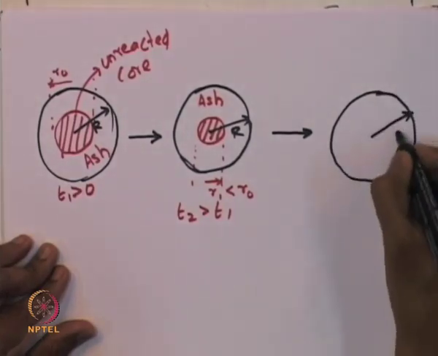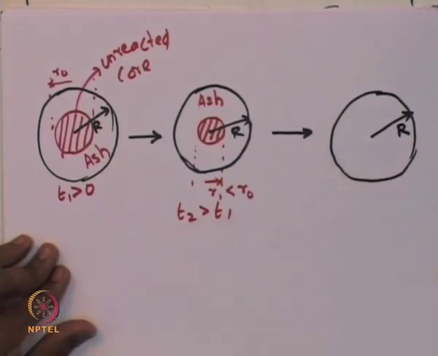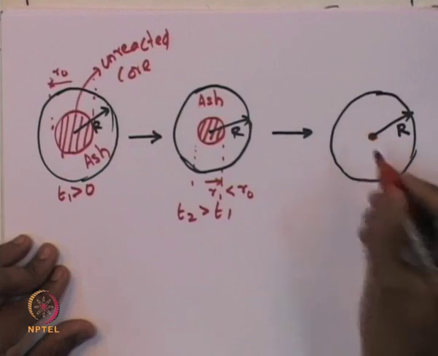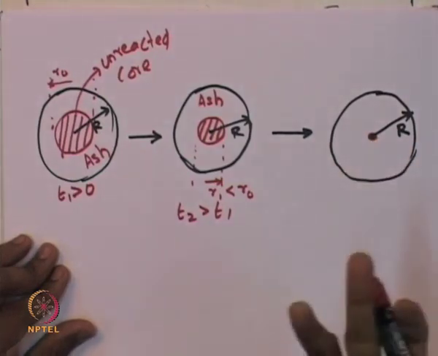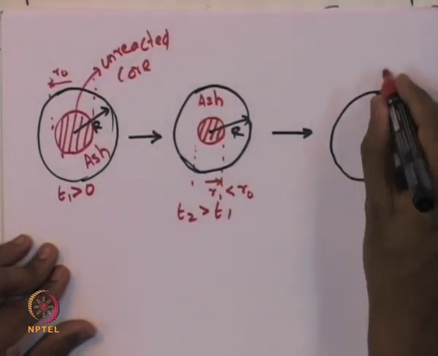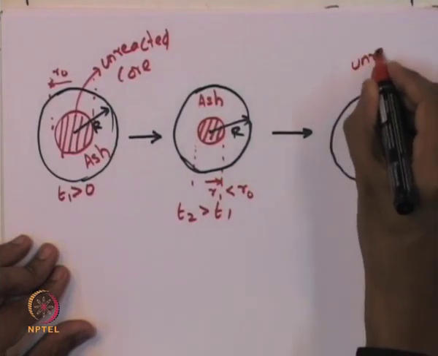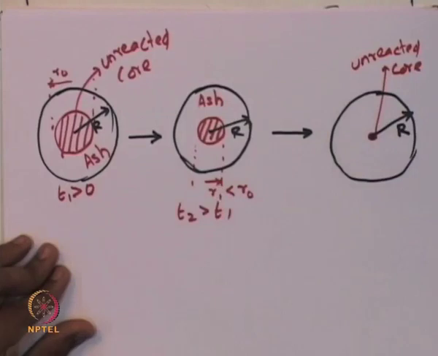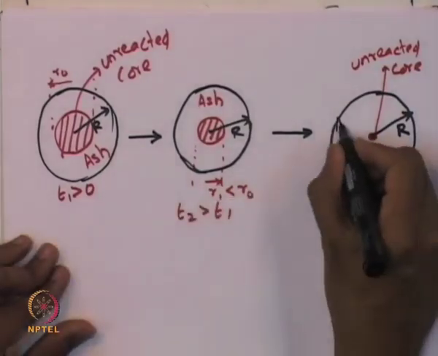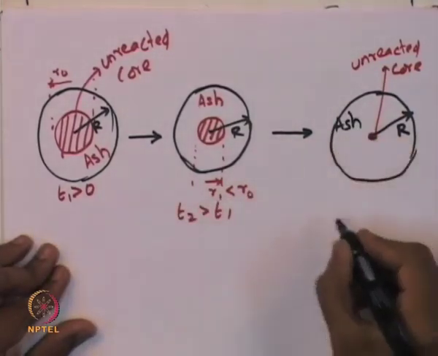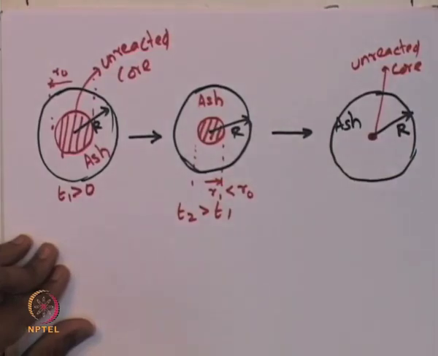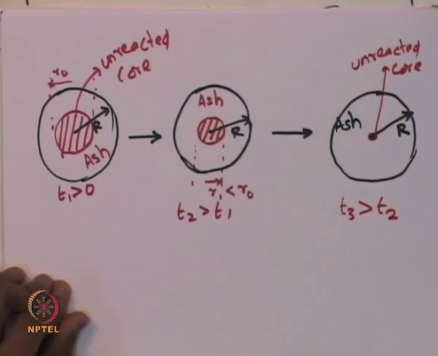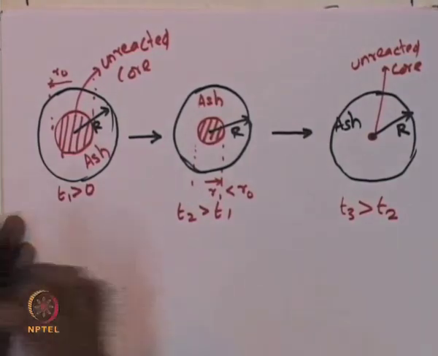if this is the original size of the solid core in which the reaction was started, then the unreacted core will now reduce to a very small size until it completely disappears. So, this is the unreacted core, and everything outside is basically ash now, where it is pretty much converted, and this might be at a later time T3, which is greater than T2. So, now if we look at the concentration profile for this situation,